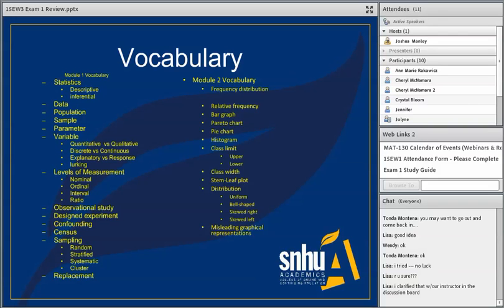A statistic is a numerical summary of a sample. Descriptive statistics consist of organizing and summarizing data. Descriptive statistics describe data through numerical summaries, tables, or graphs. Inferential statistics uses methods that take a result from a sample, extend it to the population, and measure the reliability of the results. So you're making an inference. You're looking at a small group and applying that to the larger group. The information is data,